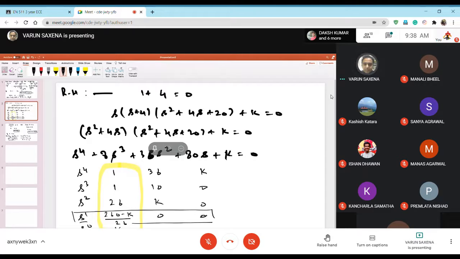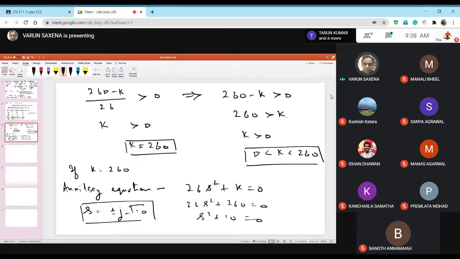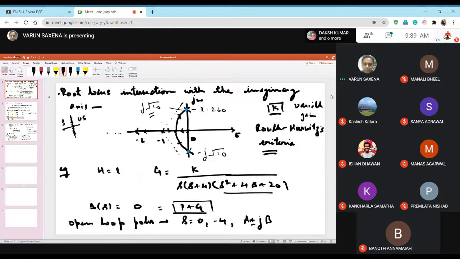If you remember, this was a special case in the Routh-Hurwitz tabular method. So what you do is try to form an auxiliary equation with the row preceding the row in which you get all zeros. That equation will become 26s square plus K. It's simply this row. So when you put K equal to 260 here, and this is equated to 0, you simply get the values of s to be equal to plus minus j root 10, and these are basically those intersection points, which is j root 10 and minus j root 10. So that is basically how you evaluate these things.